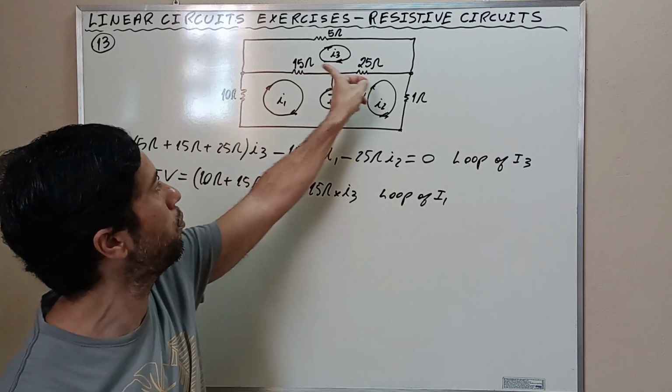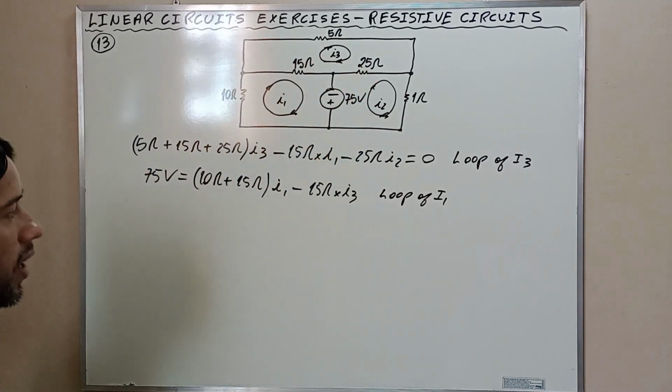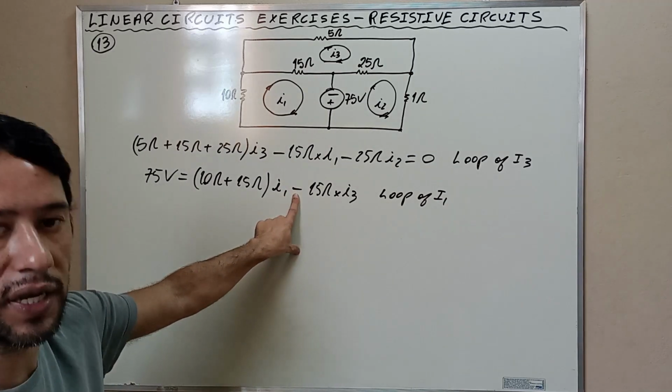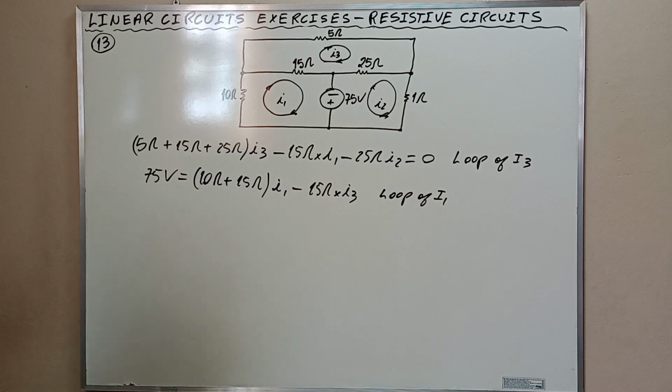But I3 passes in this direction, causes a voltage drop in the opposite direction. That's why I put a negative sign here. Okay, my friends, and this is the loop of I1. Let's consider now the loop of